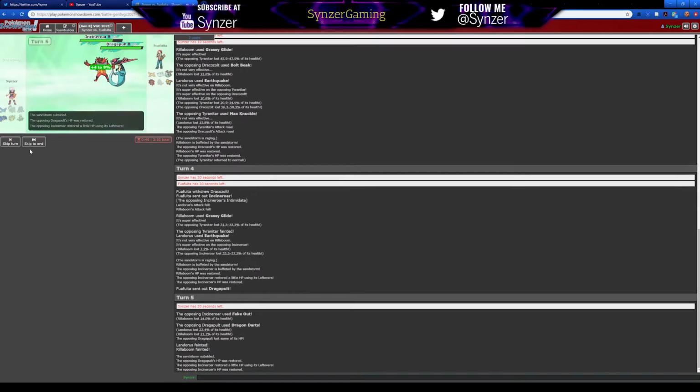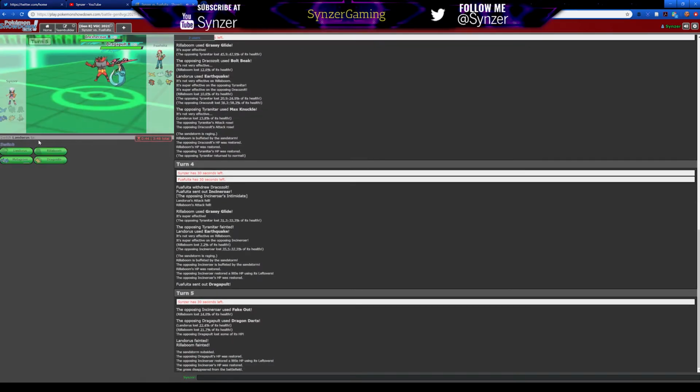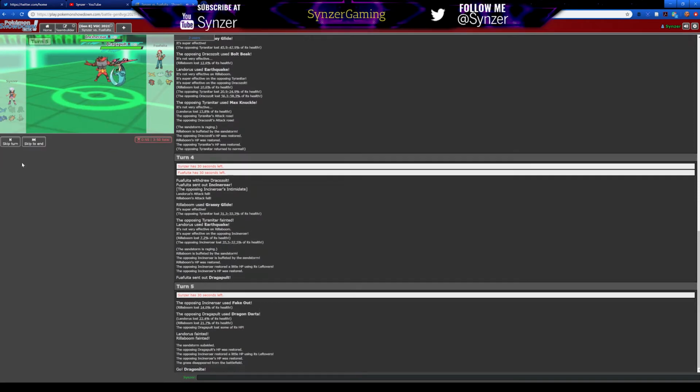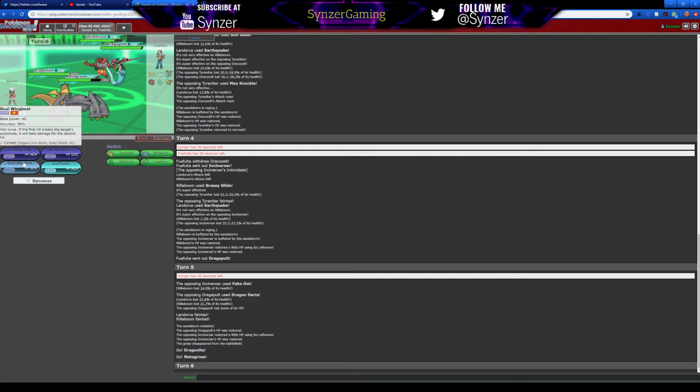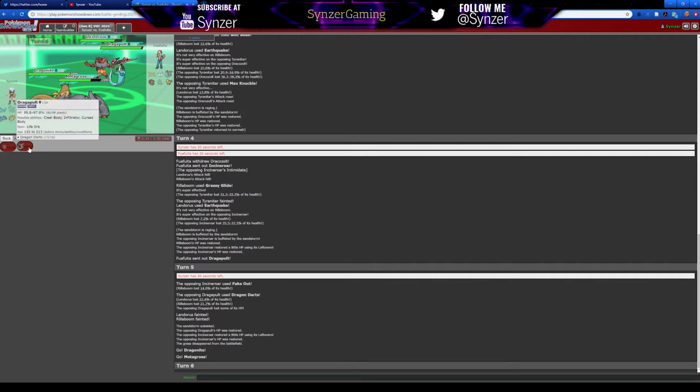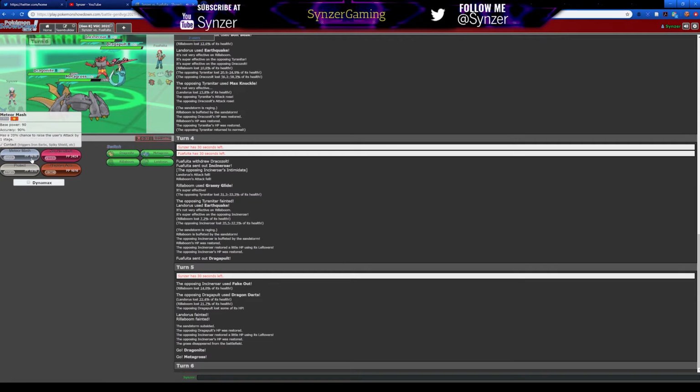Now I am not faster than their Dragapult, but I think I can one-shot. Dragonite can survive because he's got Multiscale and he's at full health. No more storm. They can't Fake Out anymore. I'm gonna Dynamax. I'm gonna Dynamax Wormwind. There should be no reason why I don't take out the Dragapult. And the Dragapult,